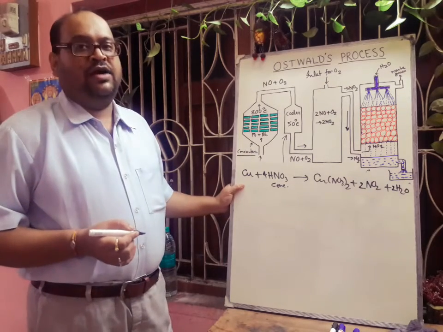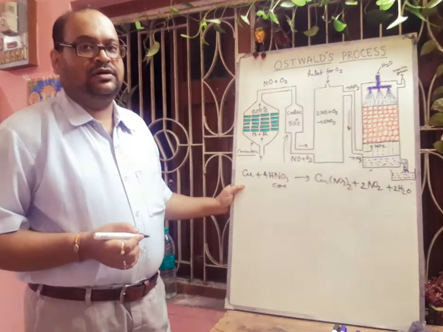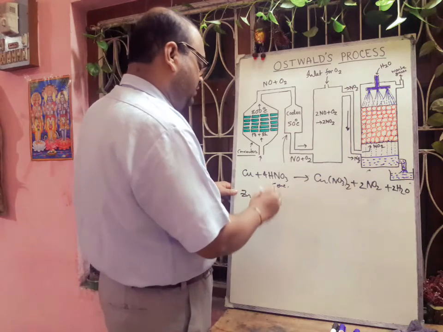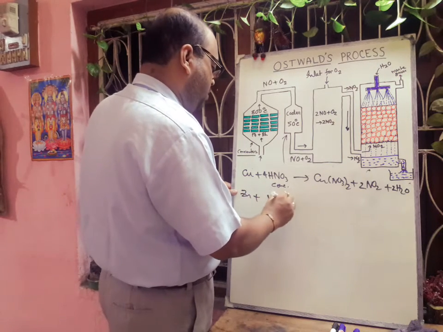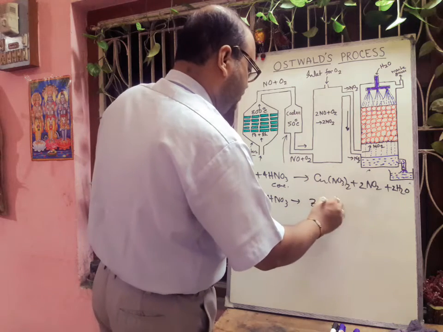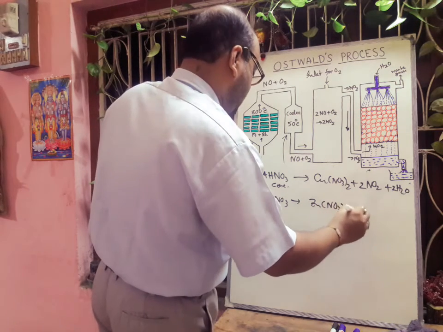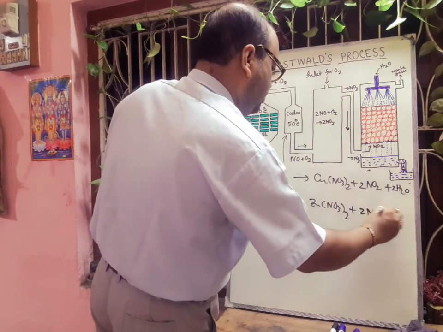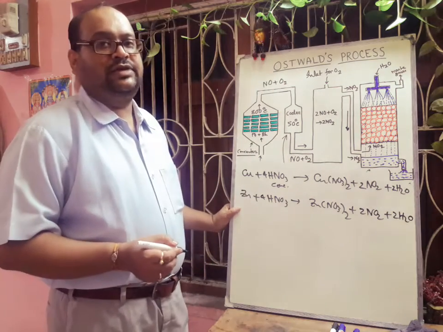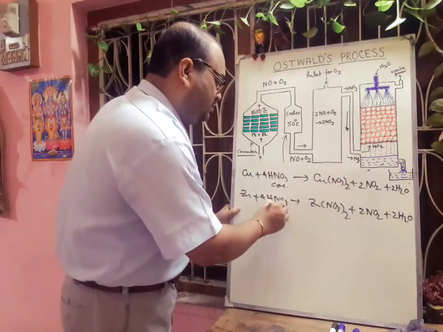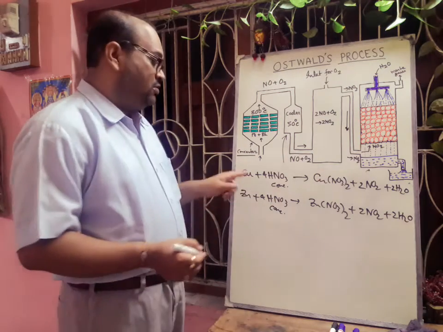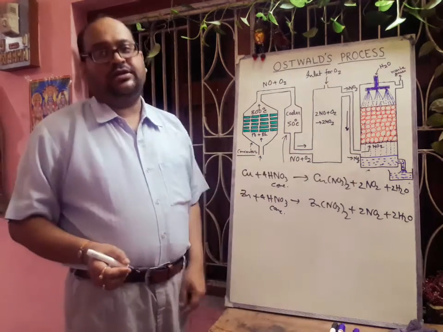Okay. Now if we write the reaction with zinc, in the same way it will react with the nitric acid, will form zinc nitrate plus twice NO2 plus there will be formation of twice H2O. Next, all are concentrated, whatever we are discussing, concentrated nitric acid, because in case of concentrated nitric acid it will oxidize the metal as well as it will produce nitrogen dioxide.